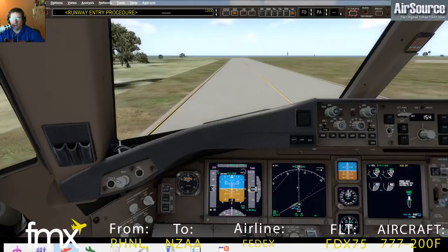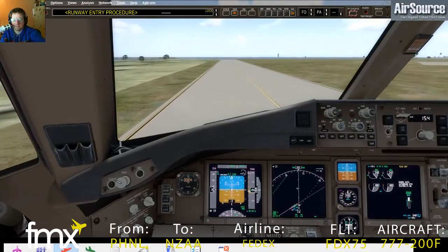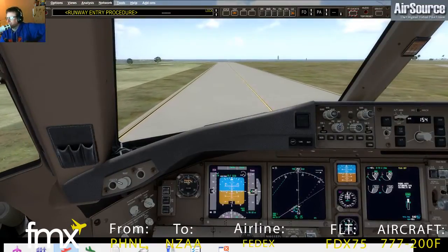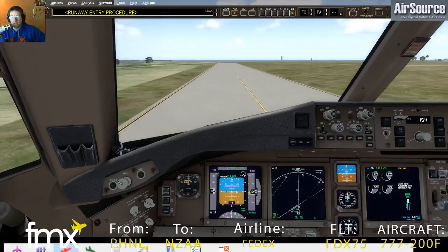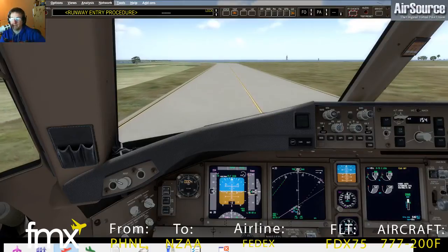So I spent a week in Honolulu flying around the islands. All very nice. It's time to go and hang out in New Zealand now. And actually all the fun weather's up here in the UK at the moment with the snow and the low cloud and everything else coming, so...